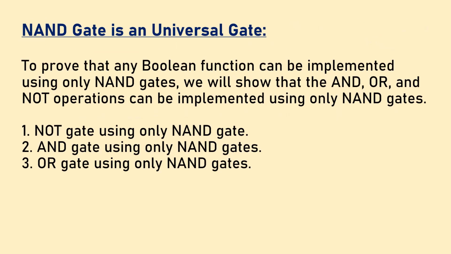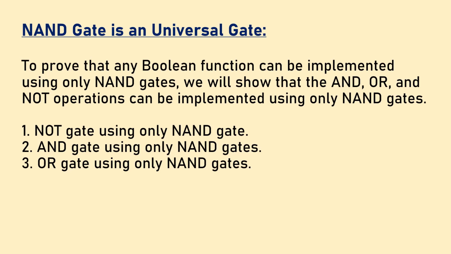So from NAND we got the output (A dot B) complement, A AND B complement, and from the NOR gate we got the output (A OR B) whole complement. Now to prove NAND gate and NOR gate as universal gates, we are starting from the NAND gate. We have to prove the NAND gate as a universal gate.